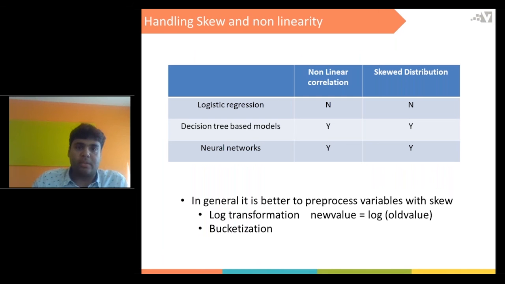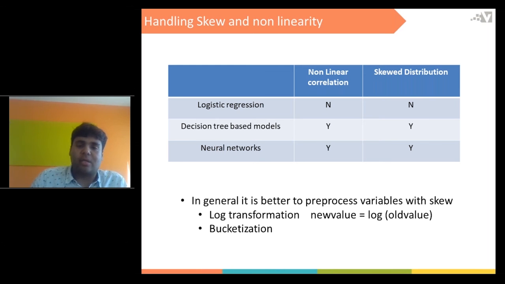As mentioned in the logistic regression slide also, out of the box, logistic regression will not be able to handle nonlinear correlation and skewed distribution. But decision tree based models and neural network based models will be able to. But in general, even if you're feeding it to neural networks or decision tree models, if we know that the variable is behaving in such a way, it's better to pre-process the variable. These are 2 techniques by which we can pre-process a numerical variable which has a skewed distribution.